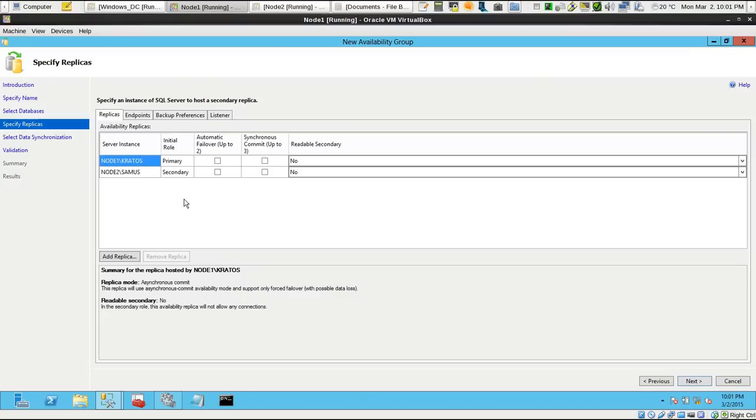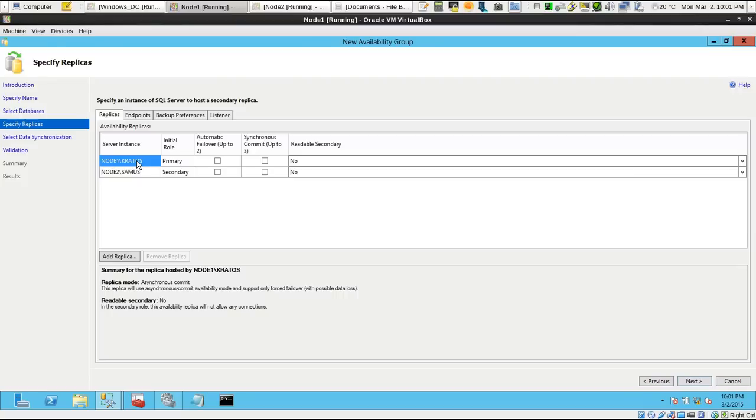So let's imagine the following scenario. The availability group is currently active on Kratos SQL Server, so it has the primary role on SQL Server Kratos. And if Kratos has a problem where the SQL Server crashes or needs to shut down, the 4 databases we just added are not going to move automatically to Samus. It would need a DBA to enter the SQL Server Samus and issue a command saying, I want the availability group to be failed over with possible data loss, forcing a failover, acknowledging that a data loss is possible. This kind of configuration is usually recommended for disaster recovery scenarios, usually for servers with a great physical distance